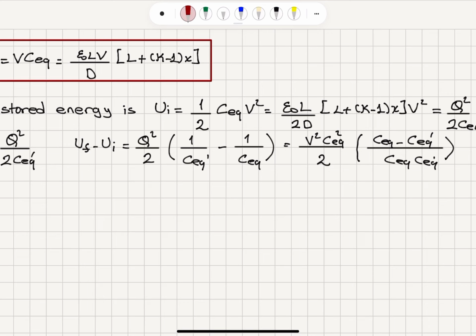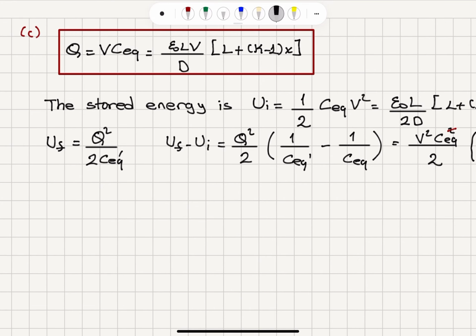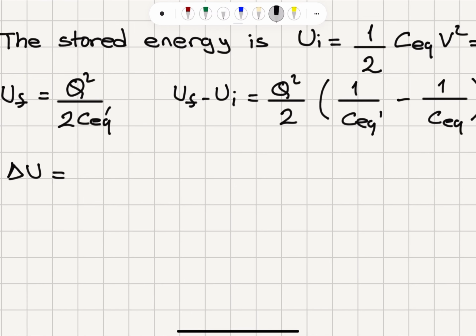And you can see that one of these C equivalents will disappear. It will get rid of the square on top. And I will find the change in stored energy, delta U, is equal to 1 over 2 C equivalent V squared times